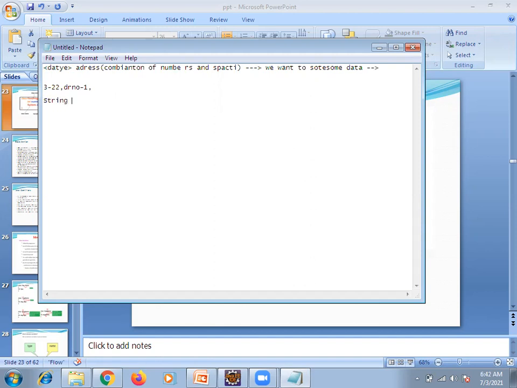Now A will hold this data, and we are defining the type of data. So if you want to define one variable, we call it the variable name, the variable reference.